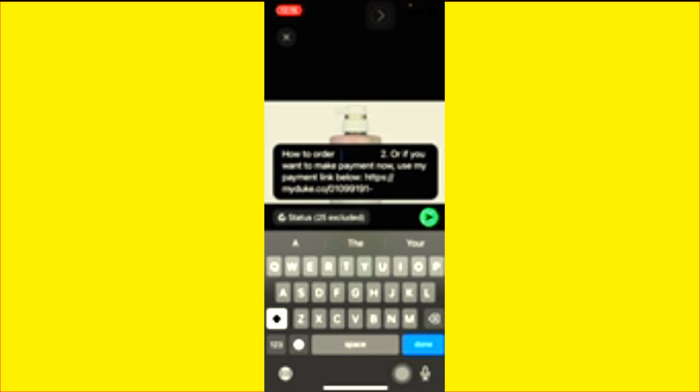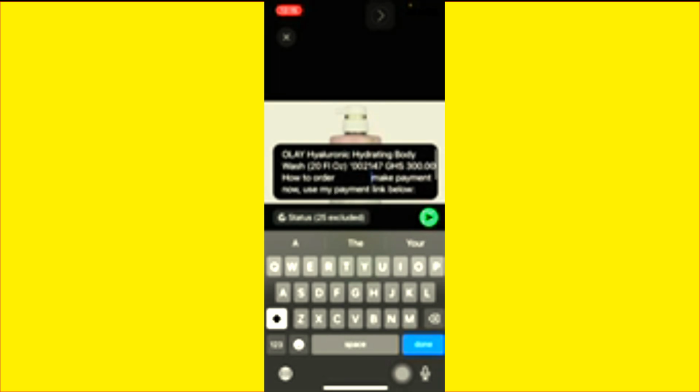It says how to order. Then I'm gonna delete the option two heading from here. I'm gonna start from here to delete this. Okay, so I'm gonna start from the make payment. Now use my payment link below.